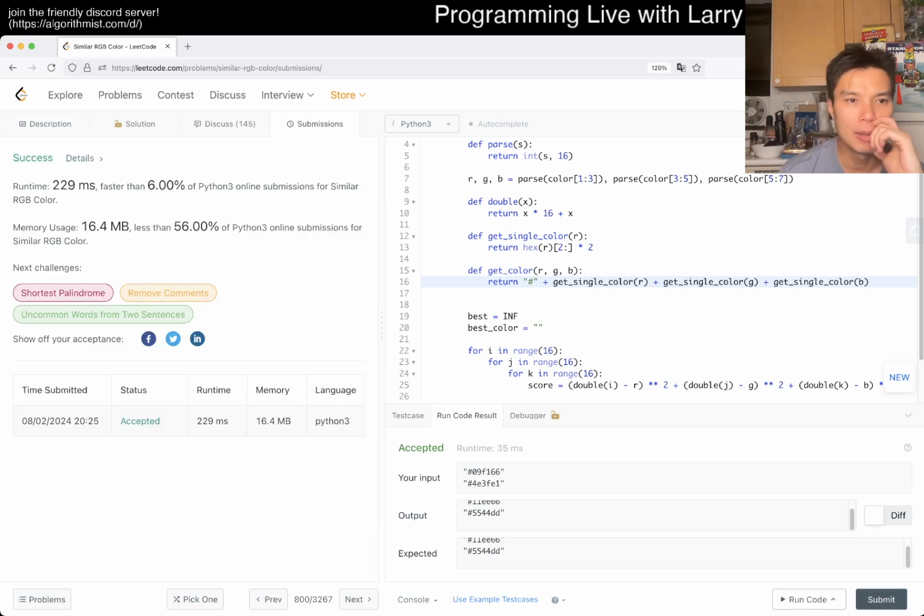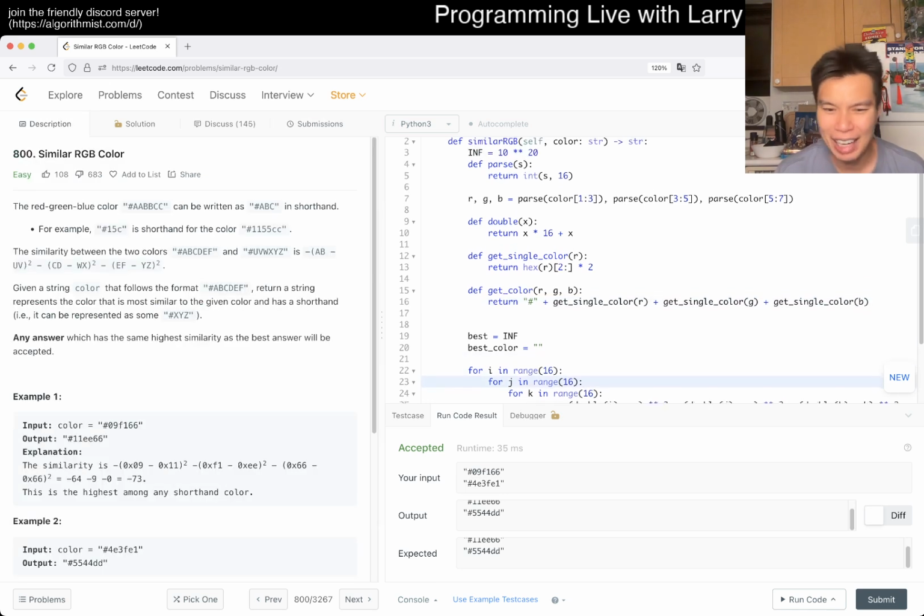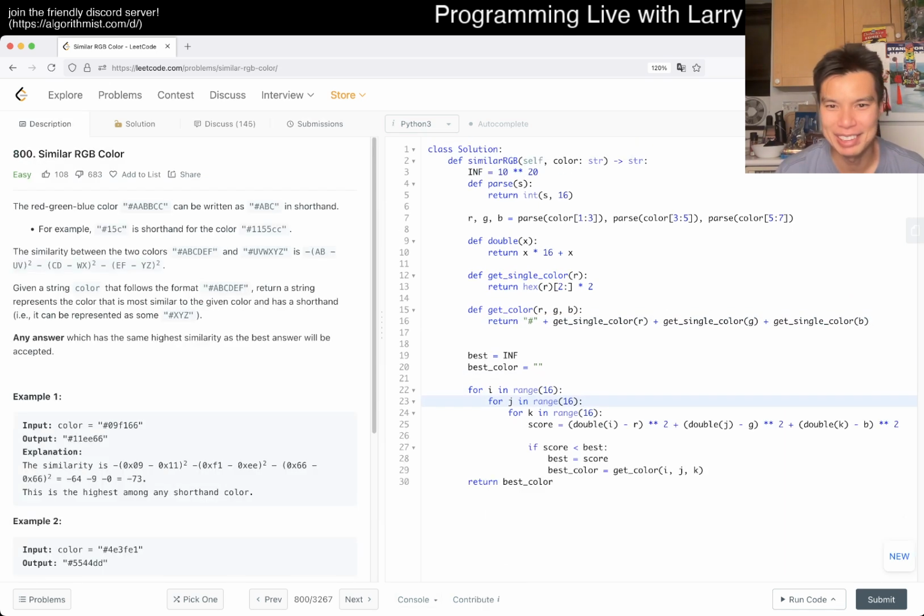I mean, this is a little bit slow, but we actually expected this because it's 16 cubed. And I don't think that matters that much, to be honest. I think it's just that I do a lot of funky things. But that said, one thing that you can do to see if you find an improvement is